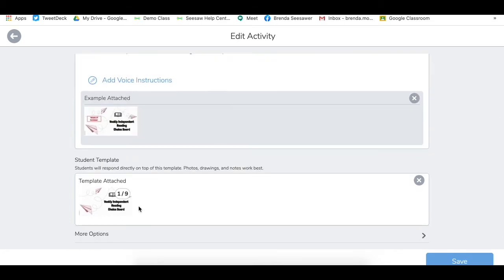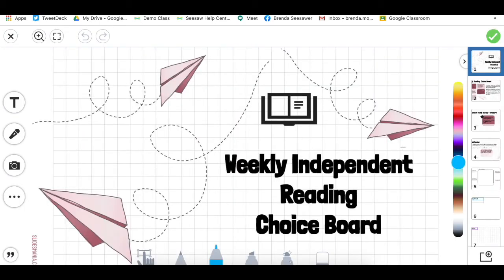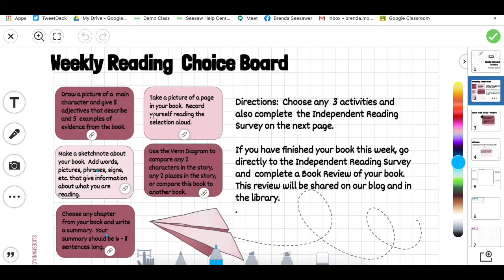Our template was added using the multi-page feature. So on page 2 are all the choices we've made available to the students. We have 5 choices and they must complete 3 during the week. They must also go and complete the Google form. It's a mandatory assignment. That's going to be on another page just to emphasize its importance. We also added links onto each activity that will link the choice to a template that's already been loaded and